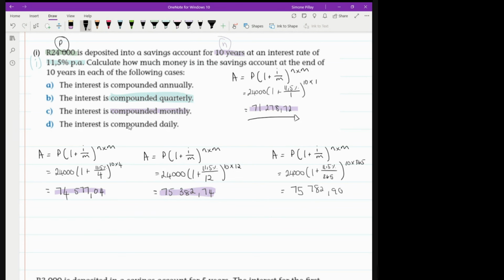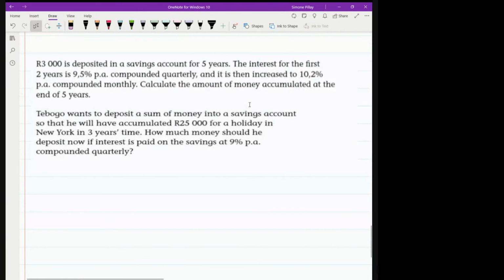Okay, so that is it for our lesson today. I know it was long, and I'm sorry. If you want to do extra practice questions, here are some extra questions for you to have a look at. If you have questions on the work that we did today,